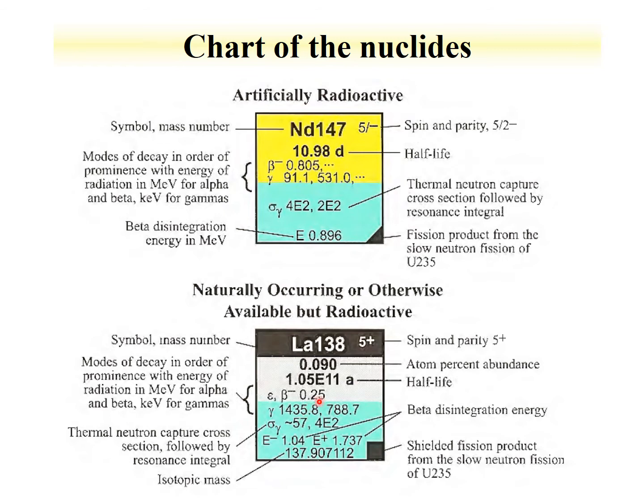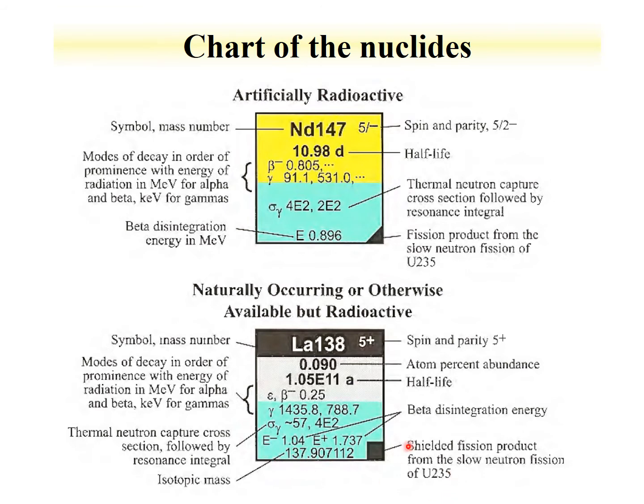The half-life is 1 × 10^11 years. So if Earth is 4.5 billion years old, the half-life is longer than the age of the planet. Again, modes of decay, E, this E here is electron capture, beta minus, gamma, cross-section information, and